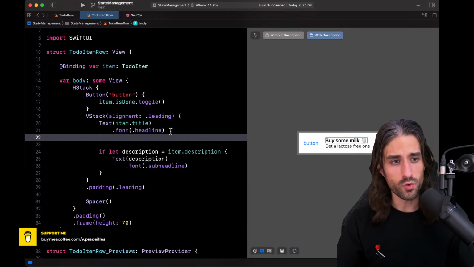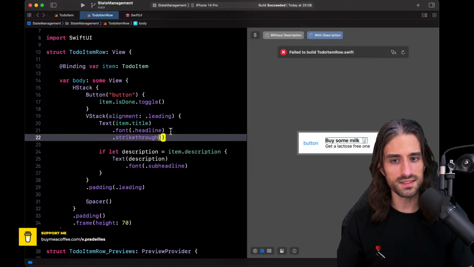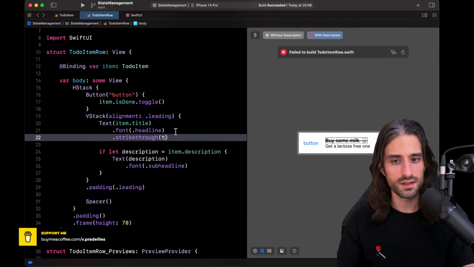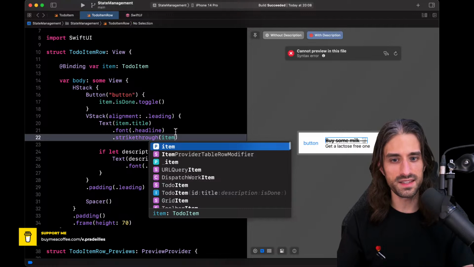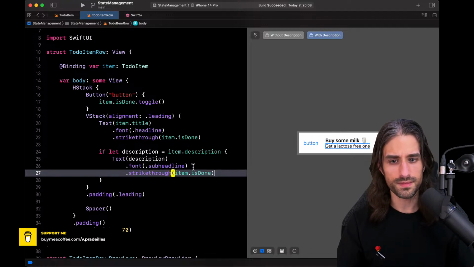This is actually quite easy to do in SwiftUI. You do the strikethrough modifier, like that. It has an isActive argument. Let me show it to you. This isActive here is a Boolean. So I can do item.isDone. So when the item is done, it will be struck through. So like that.